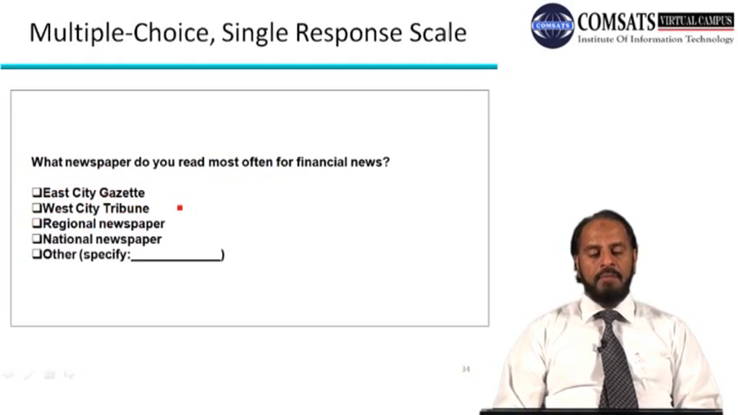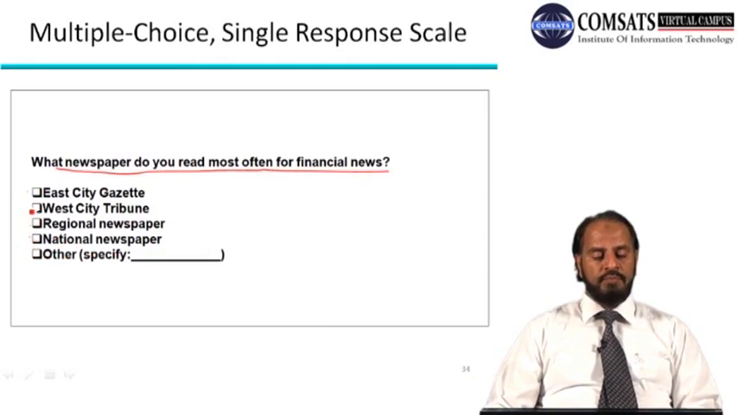Another one is called a multiple choice single response scale. In this one, you do have multiple choices to pick from, but basically they were asked what newspaper do you read most often for financial news. So you're asked to pick one of them, because you're saying what newspaper do you read most. You say West City Tribune or national newspaper, or maybe you can specify. So basically you're forcing, trying to get a single response from the